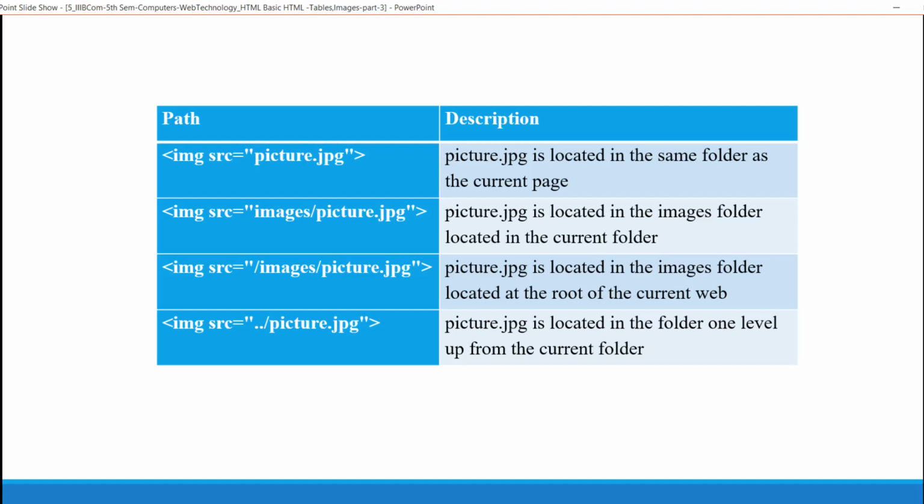Next, image source equals /images/pictures.jpg. This picture.jpg is located in the images folder located at the root of the current web. And the last one is image source equals ../picture.jpg. If you observed in my example program, I specified the elephant image with this path only, ../elephant.jpg.